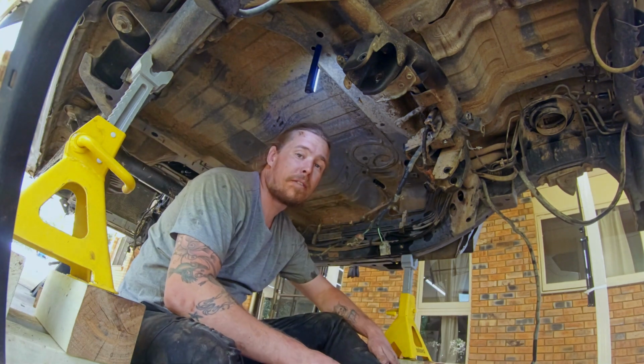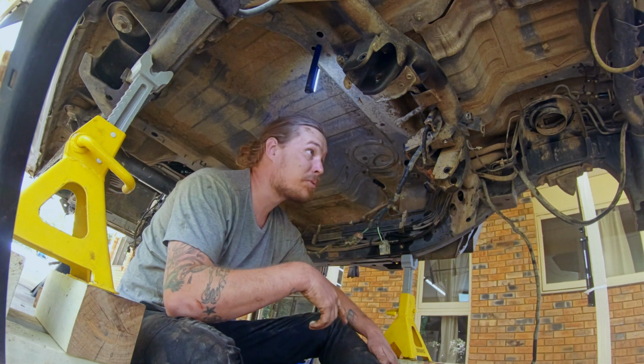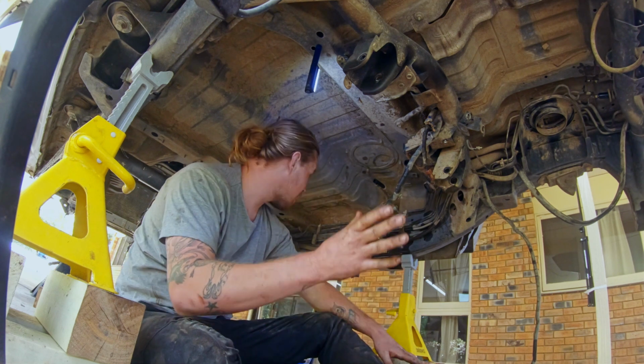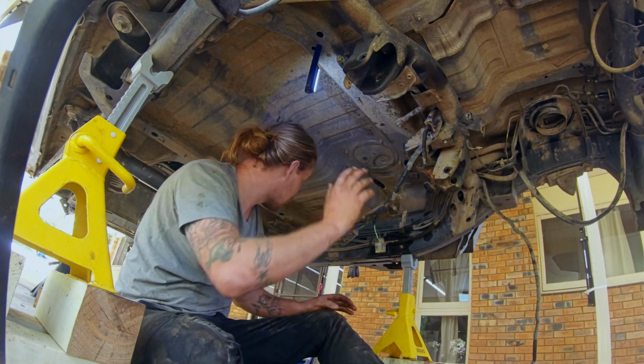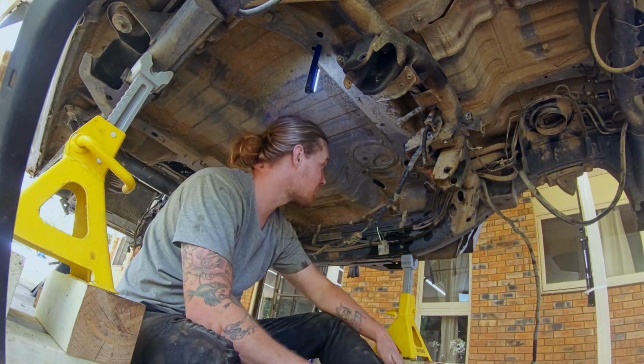If you've watched long enough, you know the drill by now. It is time to do a bit of a tidy up in here, label a few things, work on kind of bringing some of this stuff back along the chassis rails and